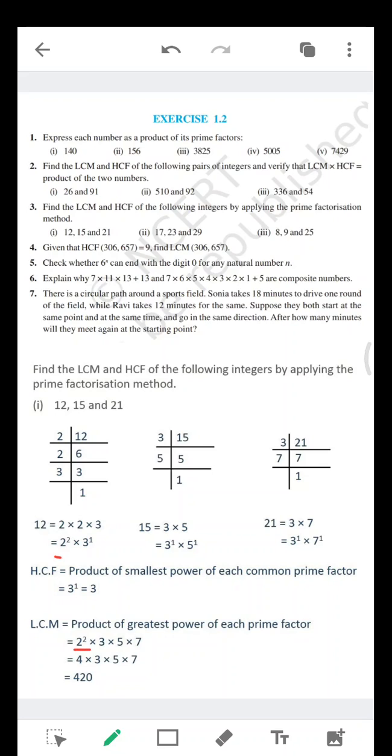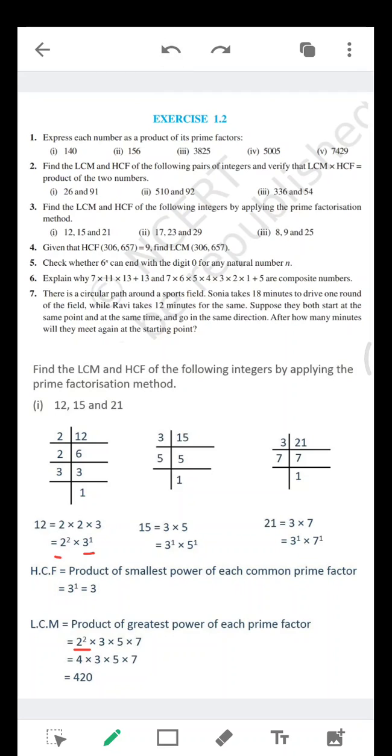So I have taken 2 square. Then what is the greatest power of 3? It's 3 power 1 only. Okay, 3 1 times. What is the greatest power of 5? 5 only. And 7 is 7 only. So we'll take all the factors with their greatest powers, with their highest powers, and when you multiply these all,